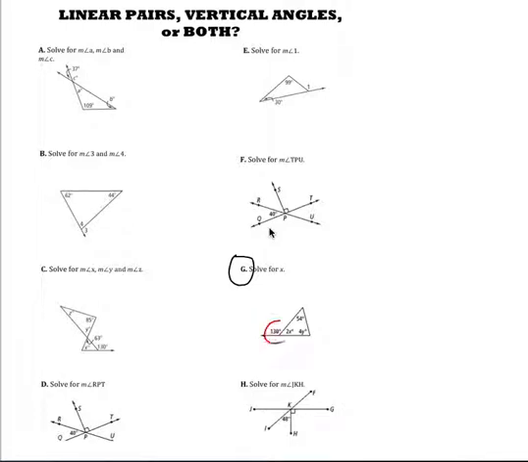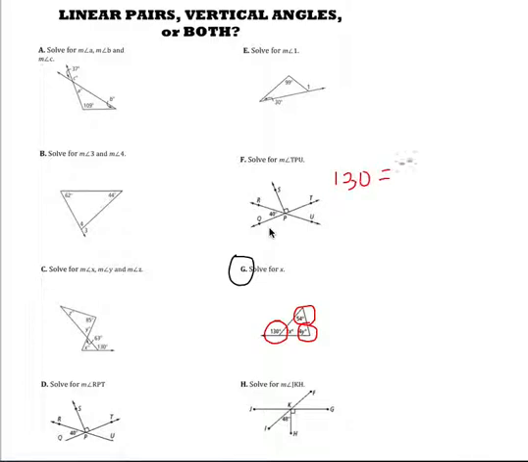So what I'm going to do is highlight that 130 in red. Remember that 130 is our exterior angle. And we just talked about how our exterior angle is just the sum of our two remote interior angles. So I'm going to highlight my remote interior angles 54 and 4y also in red because they go together. We know that 54 plus 4y will be equal to the measure of that exterior angle. So 130